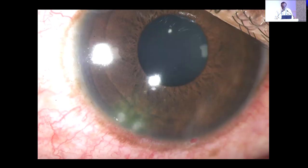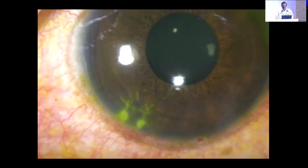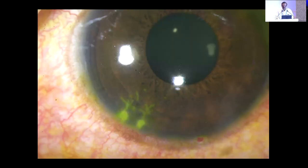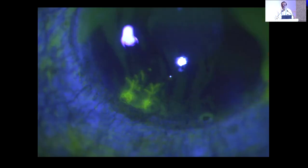But you see this case, this is how patients usually present, very, very non-specific. And you can see in the periphery here is something like a lesion, like a central lesion. But then the first thing is to identify or delineate it using fluorescein staining. And especially when you use fluorescein staining, you start seeing these feathery edges, which were not clear before. So our advice will be not to shy away from fluorescein staining, at least in the early part of your career. But the same fluorescein staining, if you put it in a cobalt blue filter,